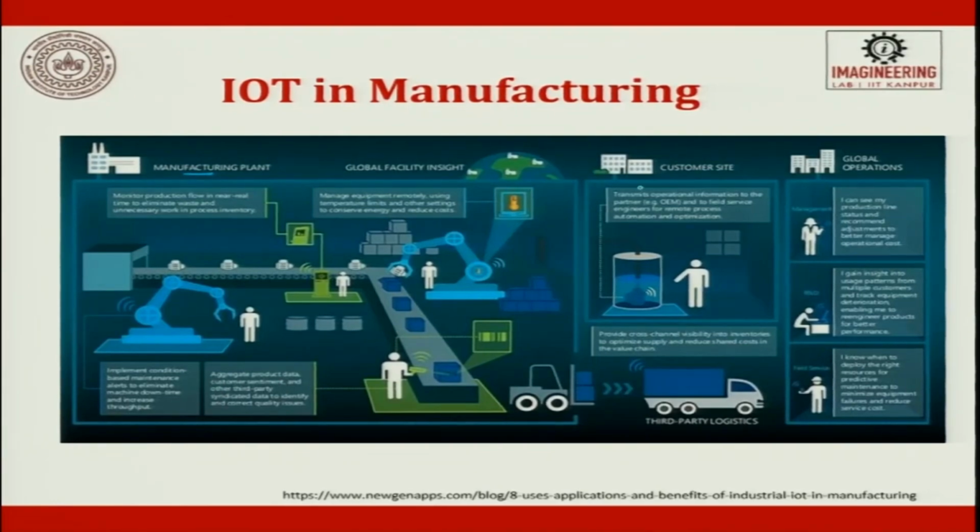Now from here if you move to the customer side, you can see there are several operations. One is the transmitting operation, and in the same way you also provide channel visibility for the movement of goods to the third party logistics, and there are global operations which monitor the entire factory sitting in some other place, but monitoring all the data. So, IoT in manufacturing is becoming very common. Today the design for a printer is done in Japan or Thailand, the part manufacturing happens in Malaysia, the assembly happens in India, and the delivery is done in the United States or vice versa. So, you see now everything happens globally.